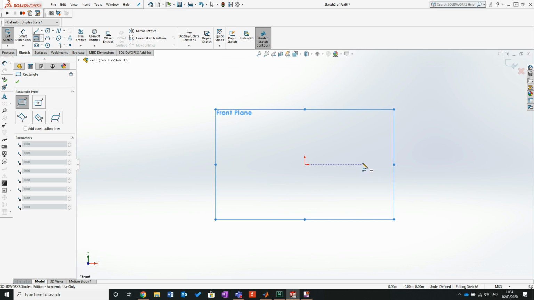So if I bring the cursor across, see that the tracking line. Now I know a lot of you guys didn't do second year CAD, so some of you will have heard the term tracking line, some of you won't. But basically, it just tracks to its origin. So if I left click, now what we've done so far is we've given a position of where that tracking line would be. If I move my cursor up like that,